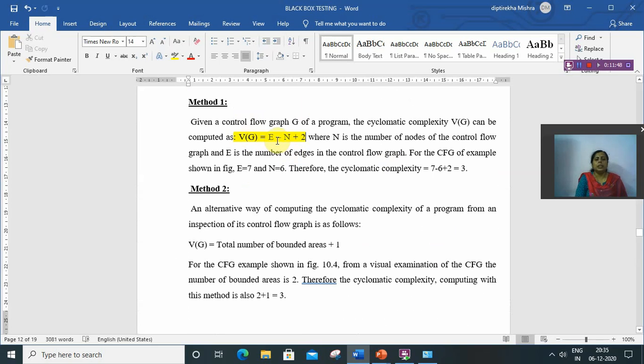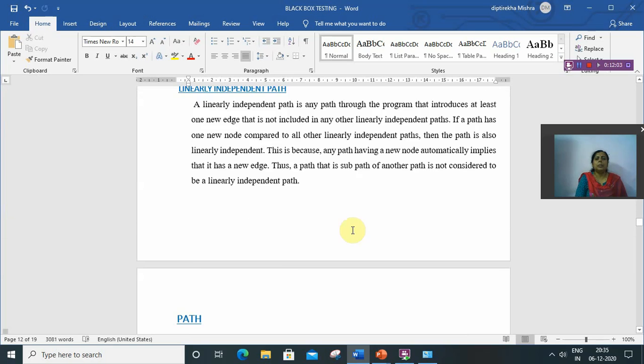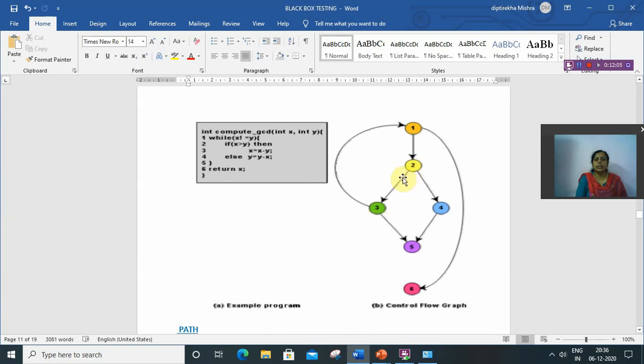Method number 2 is very easy. The cyclomatic complexity Vg can be calculated as the total number of bounded areas plus 1. This is a bounded area, and this is also a bounded area.